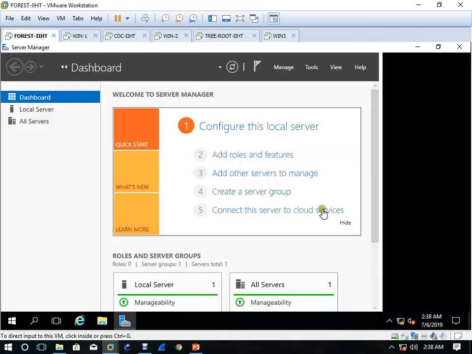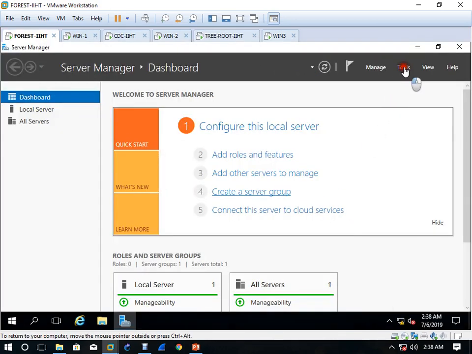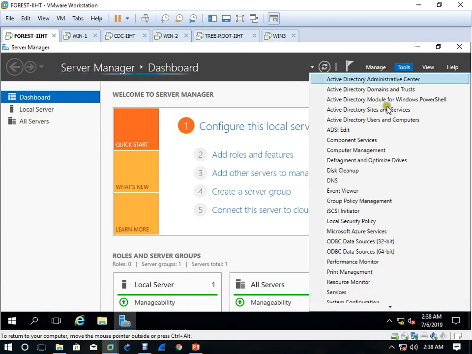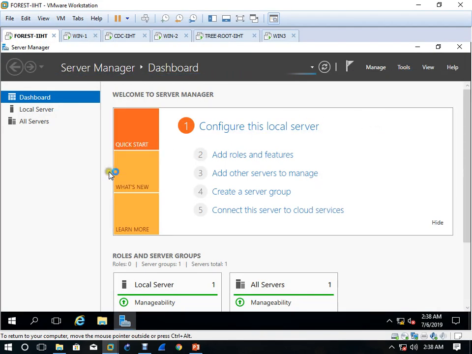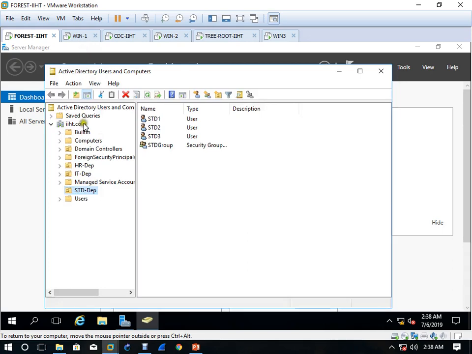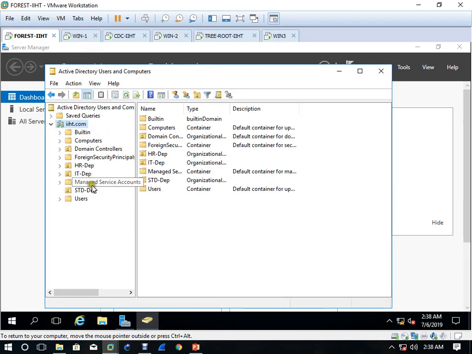Now you come to forest IST, come here to tools, open Active Directory Users and Computers. So you can see here IST is my forest server.